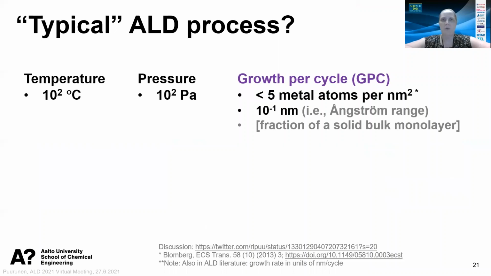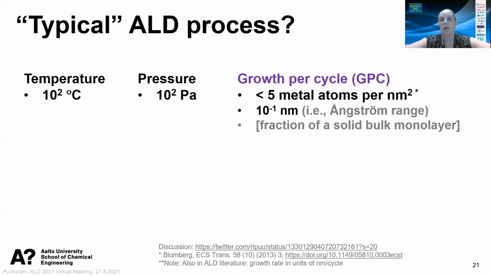Can we name a typical ALD process? Well, that's actually difficult, but I've tried. Temperature, we talk typically of some hundreds of centigrades. Pressure in the millibar range, but can be also high vacuum or even atmospheric. Growth per cycle, in any case, just a fraction of the solid bulk monolayer, but in the Ångström range, or